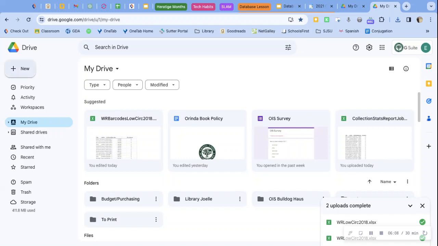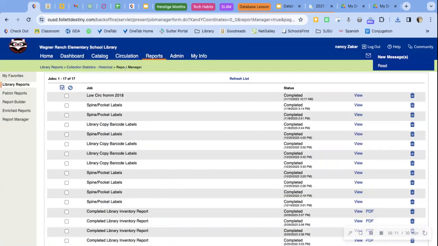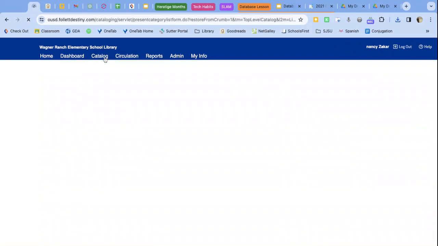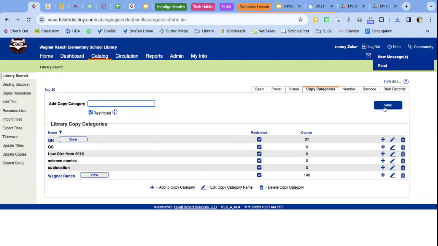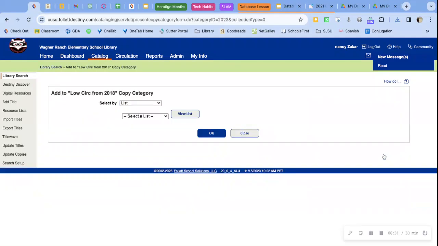So what I am going to do next is I am going back to Destiny. I am going into my catalog and I want to make sure I'm in the copy categories area. I am going to make a copy category called Low Circ from 2018. I'm going to go ahead and save that, and now I'm going to click the plus here to add to